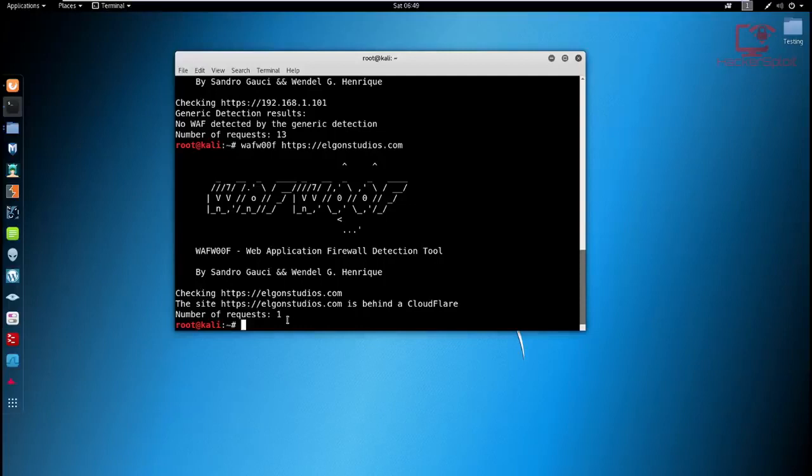Again, it's going to really help you, and I promise you this is something that if you go for a job interview or you're performing a penetration test for a company, this is something that most of the network or systems administrators are very keen on. They want to know whether you really know your stuff and whether you're really up to date with how to detect, first of all, because information gathering is really important. And as you can see, this tool is fantastic. And once you know there's a firewall, you then have a better idea of how to target,